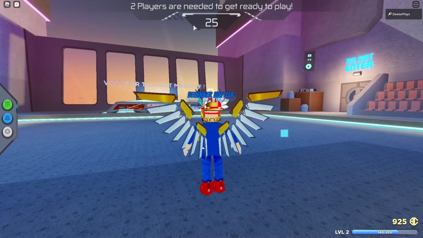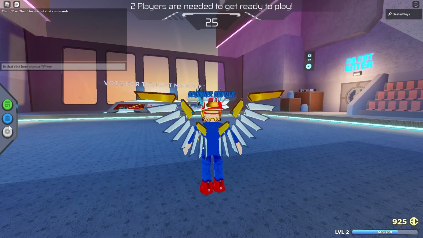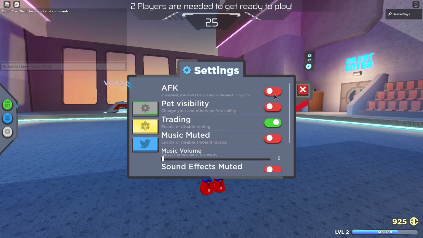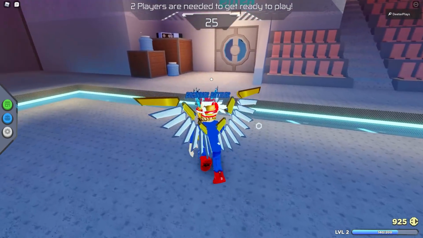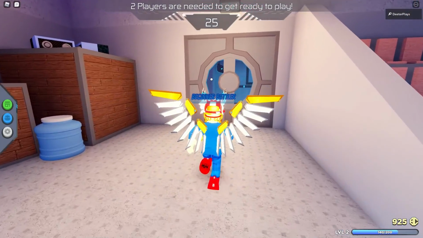We've got some badges here in the RB Battles game. So first of all, you're gonna need to get 10 wins before you can access this area. Now, you might want to do what I just did and go AFK, depending on how many people are in your server. I'm in a private server by myself, so it's not even gonna start a game,